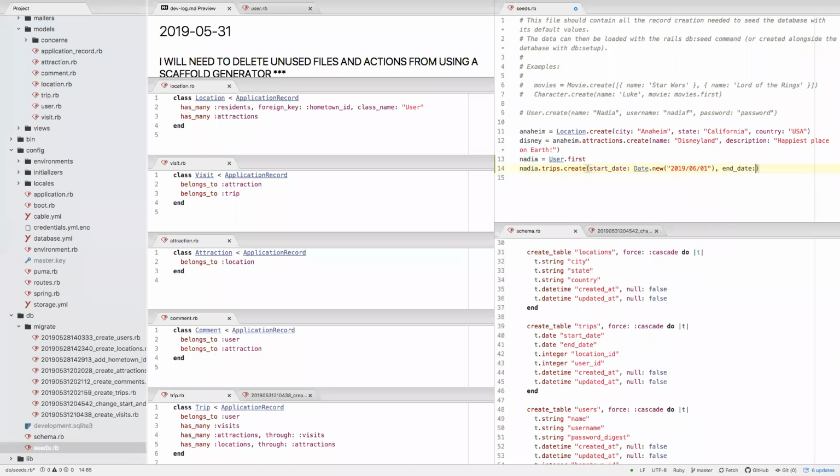End date. Date.new. If somebody knows off the top of their head that this syntax will fail, just let me know. 6, we'll say that this is for a week. Okay. So we'll say this is Disney, Nadia Disney. Nadia Disney. So let's see. Nadia